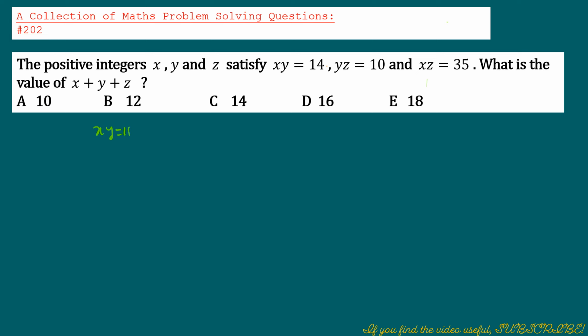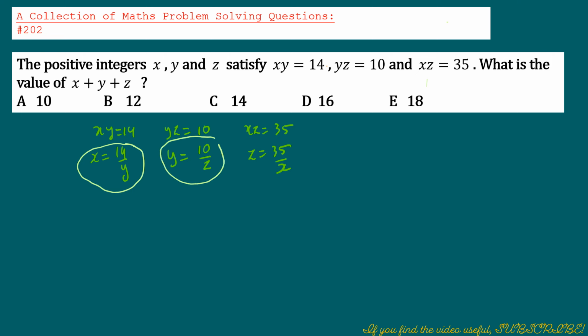xy equals 14, so we are going to write x equals 14 over y. And yz equals 10, so we write y is 10 over z. And you have xz is 35, so we can write z is 35 over x. Once we've got that, then you can do x plus y plus z. So we can write x plus y plus z equals